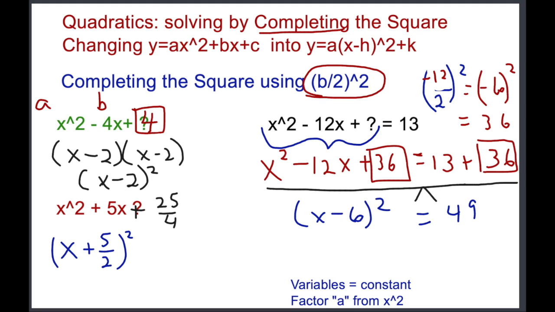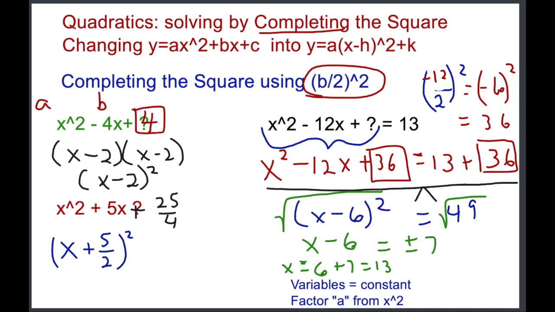And since we have a perfect square on the left side, we're going to square root, principle of square rooting both sides, and we get x minus 6 equals plus or minus 7. So one answer would be, add the 6 across, 6 plus 7, and the other answer would be x equals 6 minus 7, which equals negative 1. Now these are actually the x-intercepts, and